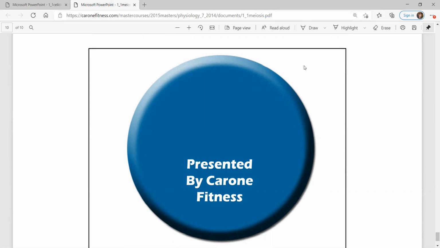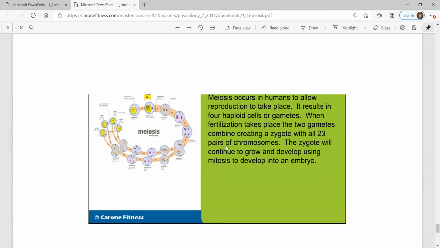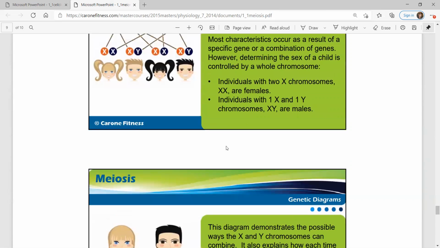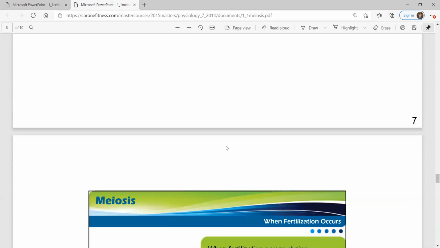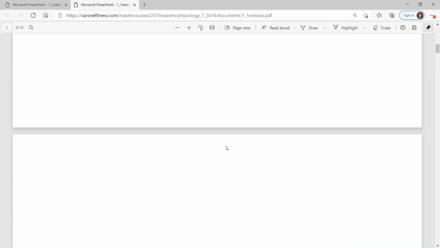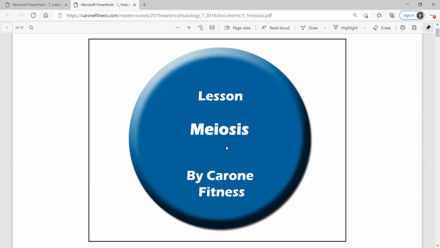For mitosis and meiosis, I would go back through and make sure you understand what is happening. Mitosis is creating cells that are exact copies of the mother cell, whereas in meiosis, you're creating cells that have half the genetic information, and they will need to fertilize with another cell to create the zygote that can grow and develop into an embryo for human reproduction.